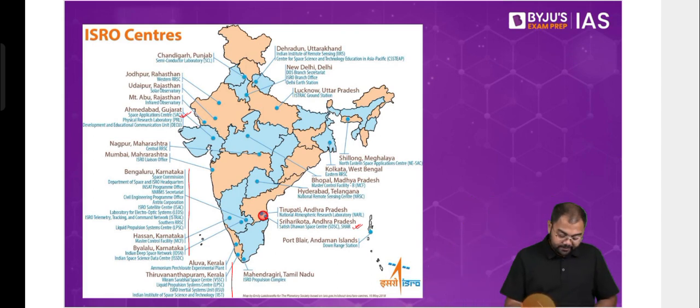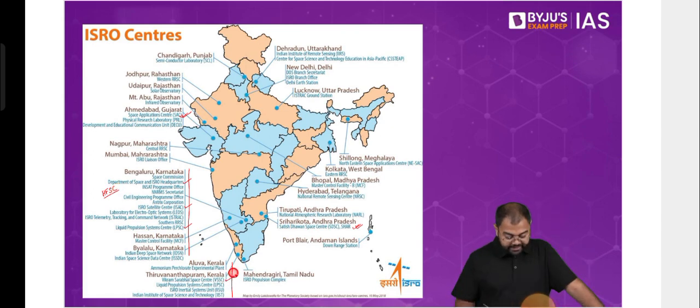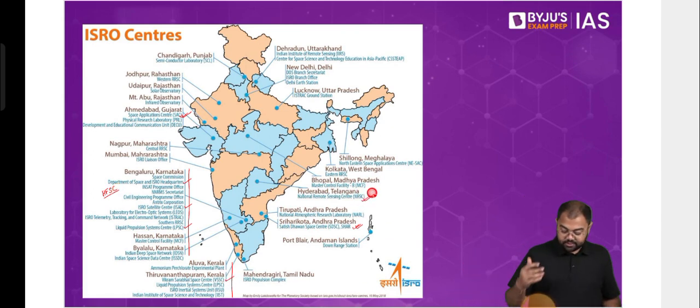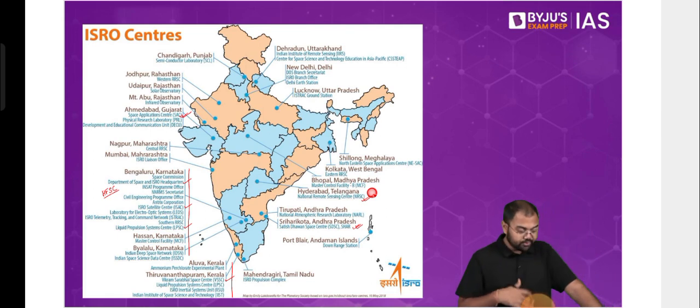So for example, the headquarters is here, then ISRO Satellite Center, or what has become URL Satellite Center, is here. LPSC is here. So all these are present in Bangalore. And then, for example, even HSFC is now also in Bangalore. And then you have some others, for example, Vikram Sarabhai Space Center in Thiruvananthapuram, and NRSC in Hyderabad. So apart from these, most of the centers are in Bangalore itself, for better coordination, of course.